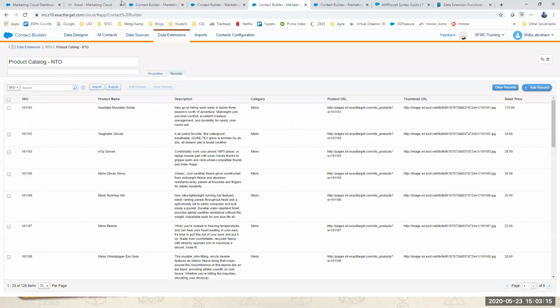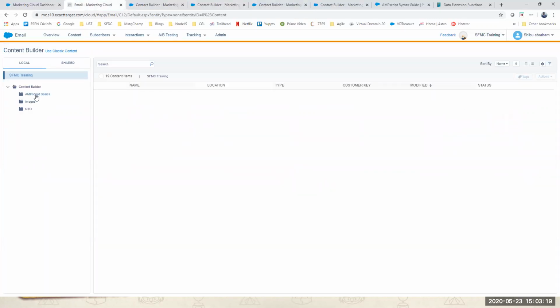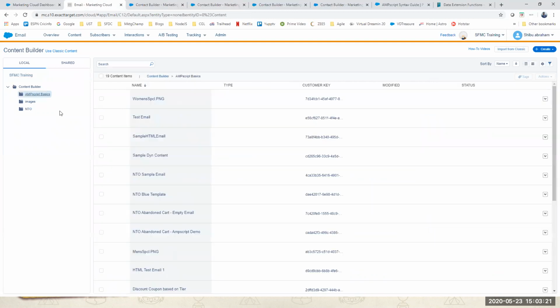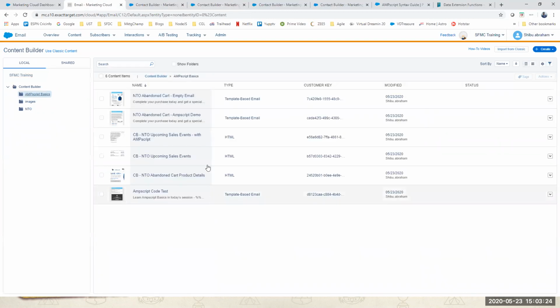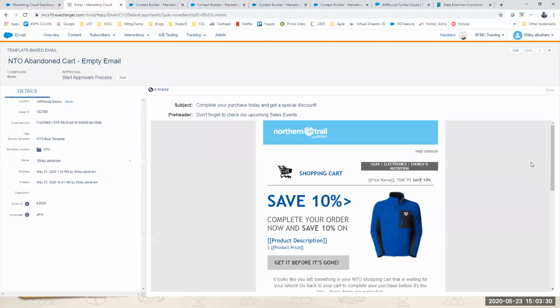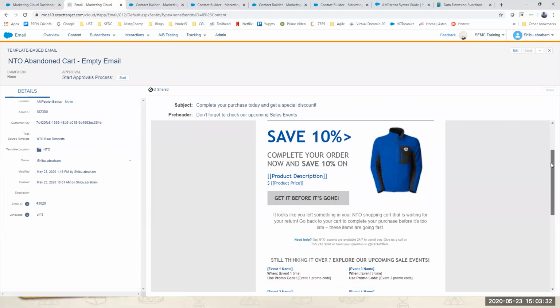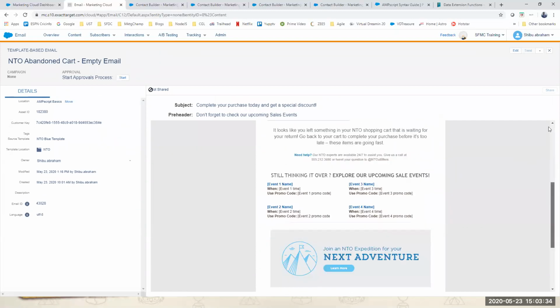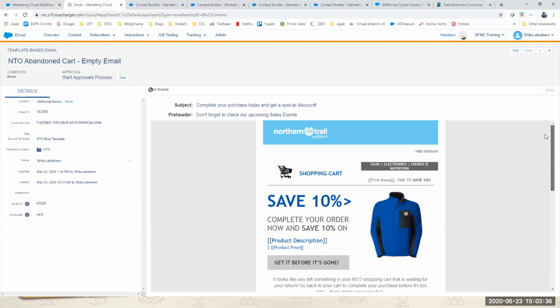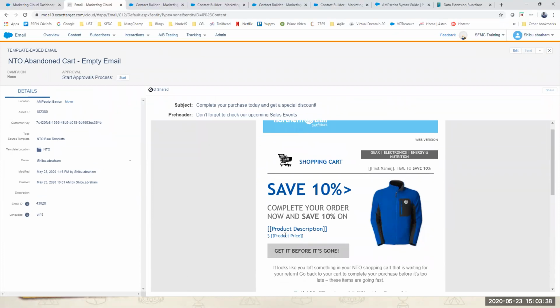So if I wanted to see how that actual email might look if a marketer was supposed to do it, if I go into AMP script basics here, I might have an email for demo. So this is an empty email. Okay, so I will have a template that will be given, that I want to use for sending out. So this is a template that might be given to us, and then I want to now customize this with the data from the data extensions. So this is where AMP script will come into play, right?